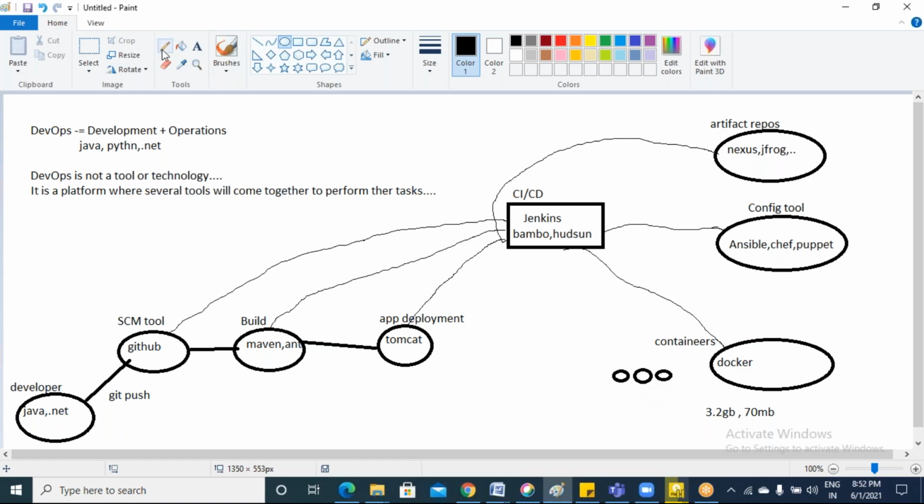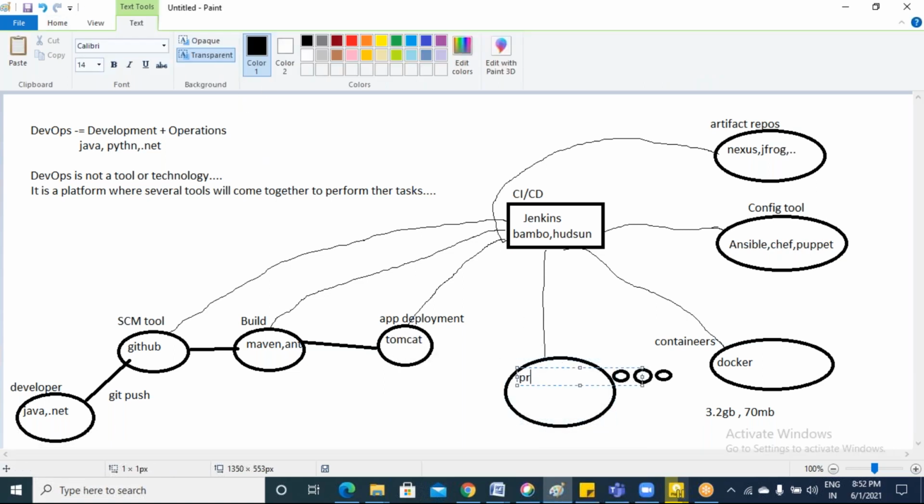Another set of tools will come in the middle, which we can call monitoring tools. Okay, we will be using many monitoring tools, depending on your project. Like Prometheus, Grafana, ELK, then Nagios, and everything.